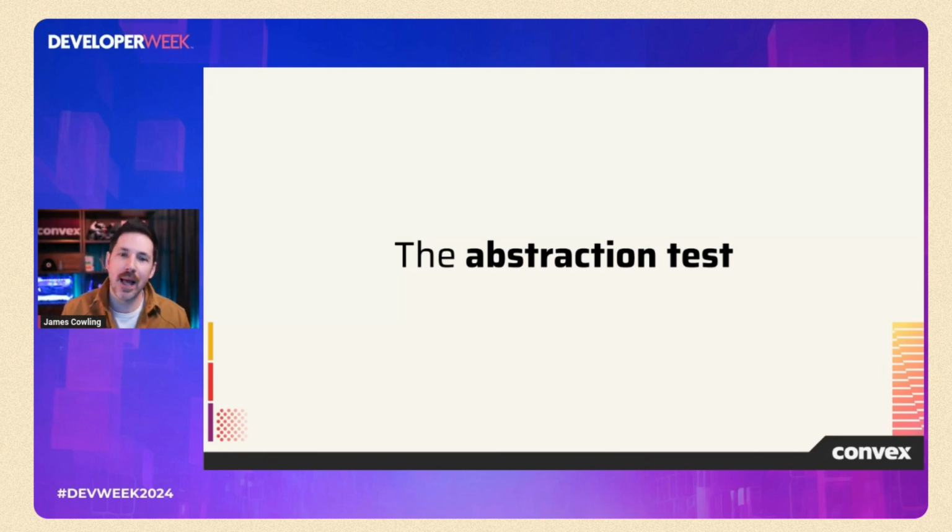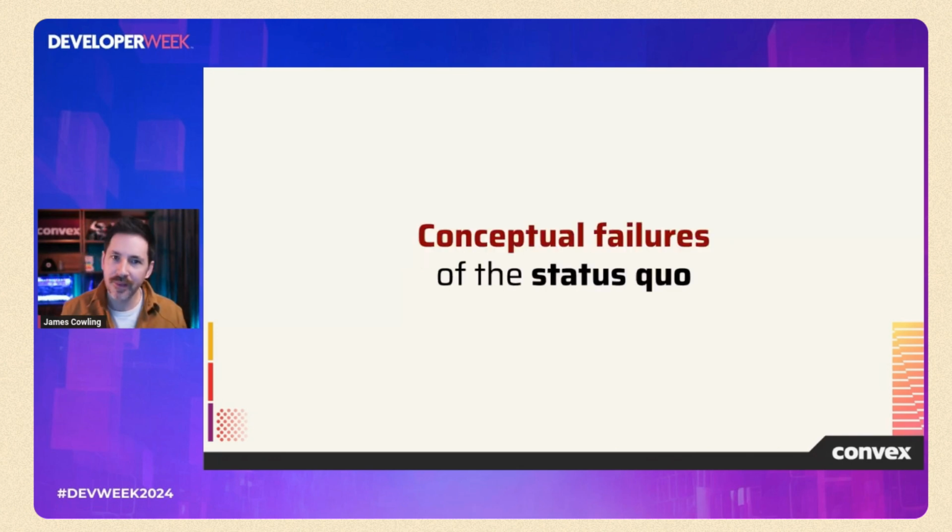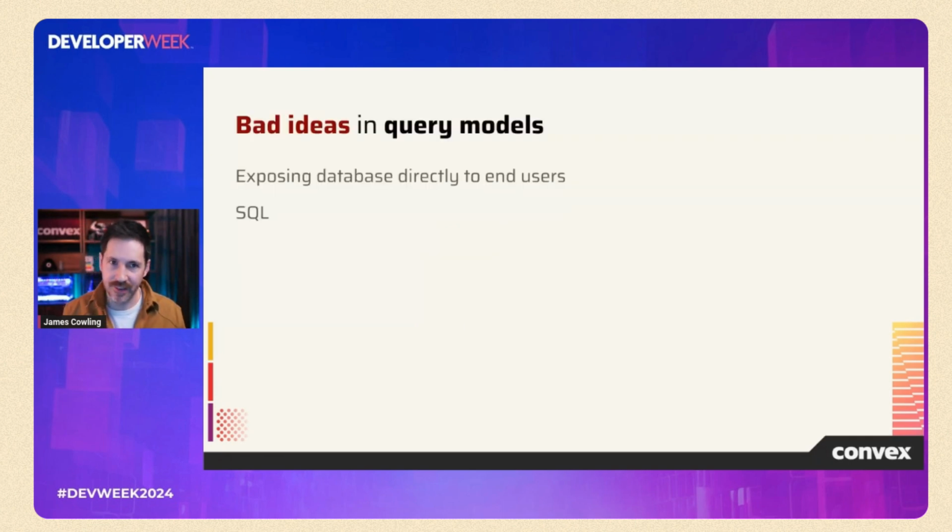And I think this is because platform developers have forgotten about the software crisis. They've forgotten the real value of abstraction, which is to make problems go away and reduce the number of moving parts a developer has to think about. So the issue here is that backends don't just feel like libraries. They feel like complicated, conditional, poorly composed sets of tools. So I'm going to outline 4 major bad ideas in the status quo of full stack development and how I think they can be rethought in a more principled fashion. And these are areas where backends can do better to provide a simple abstraction for application developers.